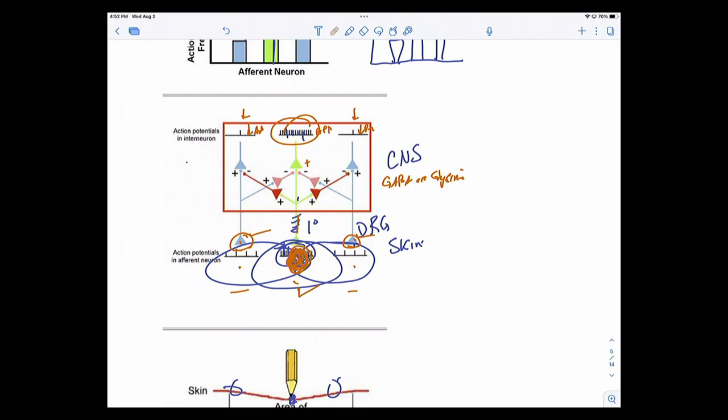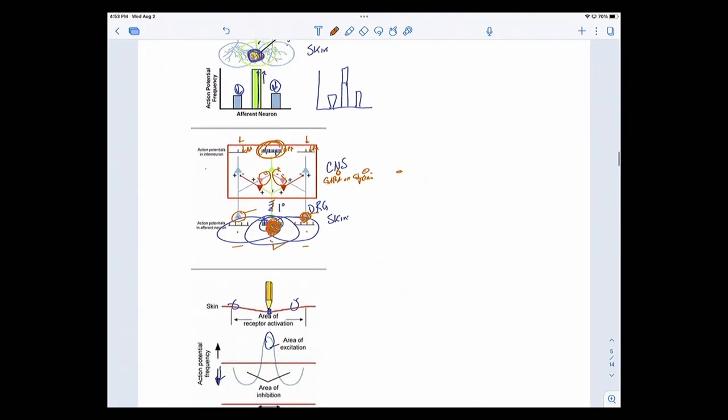Okay, and so you may be asking, well then what do these guys do here and these guys do here? Well, these guys would be, again, stimulated if I was in fact being touched here. So again, it's just a matter of shifting over one frame, because I could have a series of a neuron there, neuron there, neuron there, and so forth. So regardless of where you are on the skin, you're going to have this lateral inhibition. And again, the take-home point is that it helps to sharpen where you are. It sharpens the stimulatory effect where you're being touched, and at the same time you're tapping down the lateral areas, which gives you a much better sense of localization.